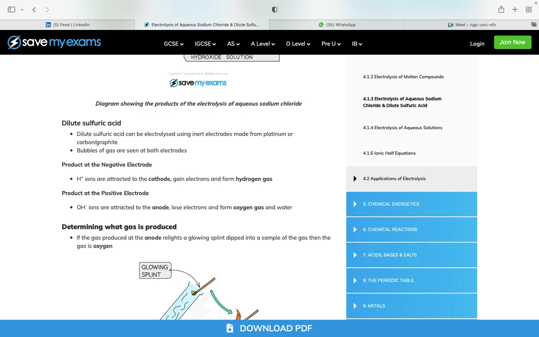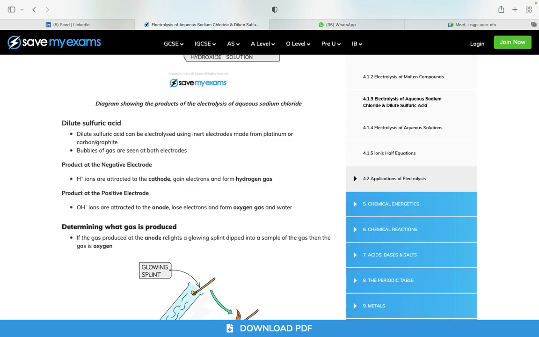Sulfuric acid is H2SO4. So what happens if you electrolyze it? It will break it into hydrogen ions, and which other ion? OH ion, right? Because in this case we also have OH ion. Remember here there's no halide. Sulfuric acid, there's no halide. It's hydrogen and sulfate. There's no halide. So